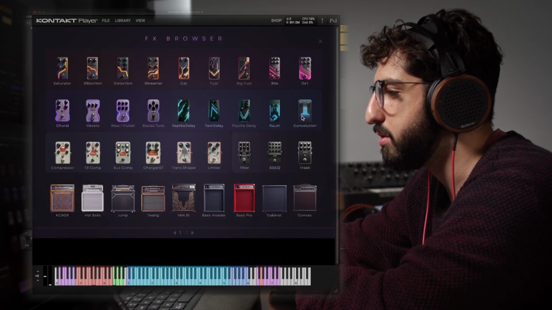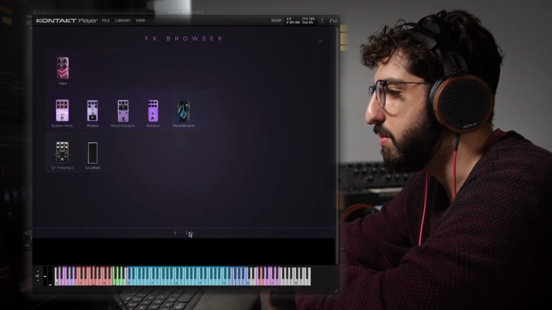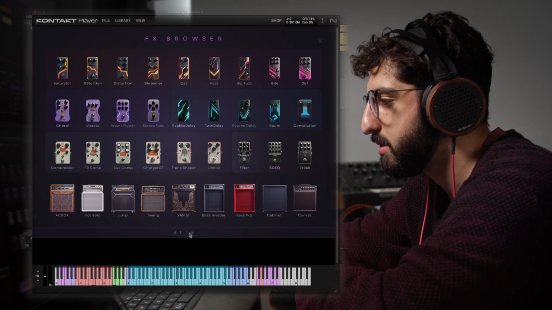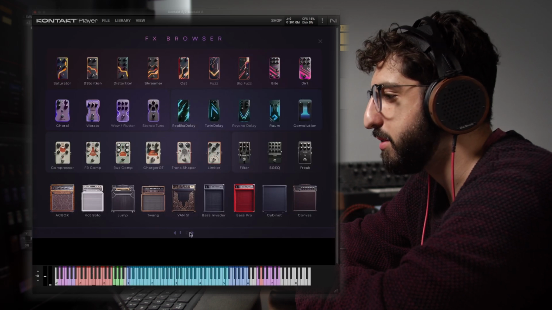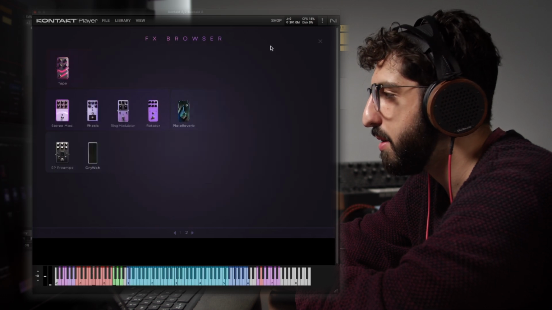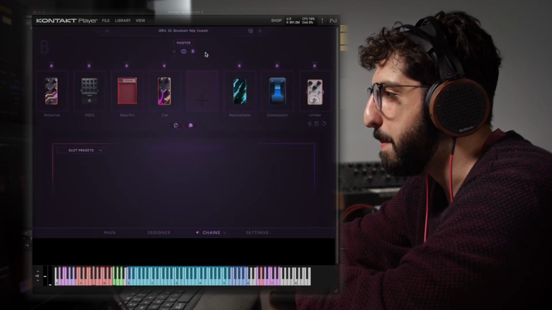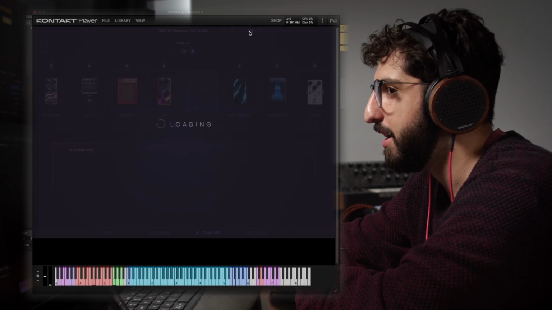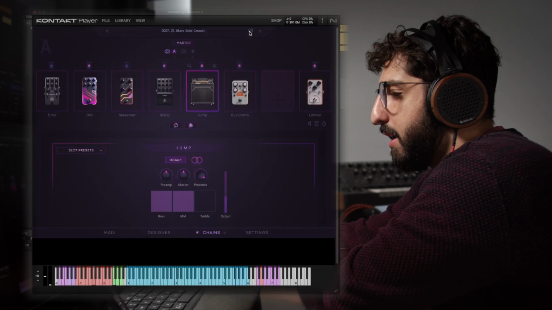So if you were to take one of them out and you wanted to add stuff in, you've got this full selection of effects. There are some things with the name you can kind of guess what they're based off. Other things you're just like, what are they? Just play around. I think that's the best advice I can give for this section. You can randomize the entire thing. So if I play,